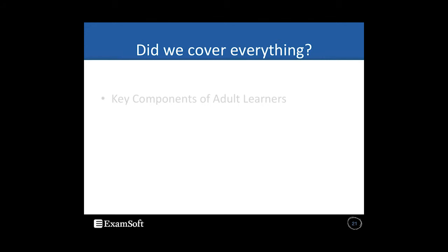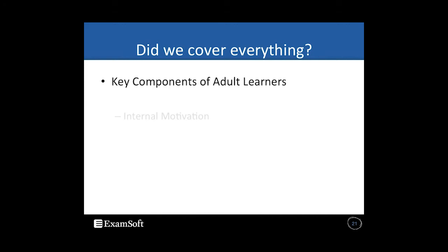And then life experiences, I think that's really seen in our second session when we compare the differences to the previous program we were using and how there's really not that many differences and how they can move forward with the new program. Thirdly was goal-oriented, and really I spread this out and it's addressed in all 3 of our